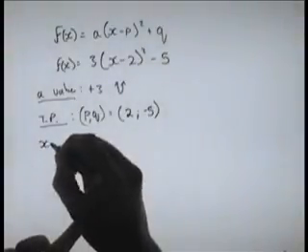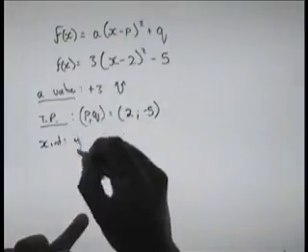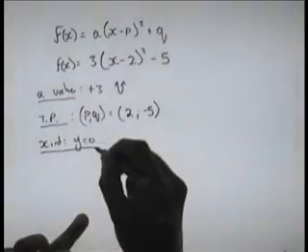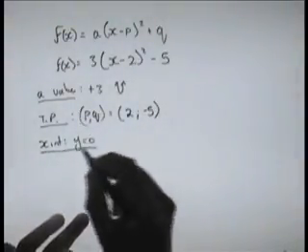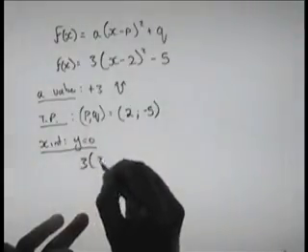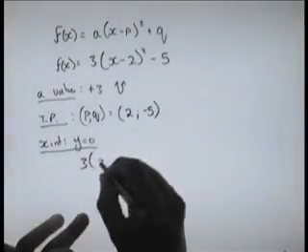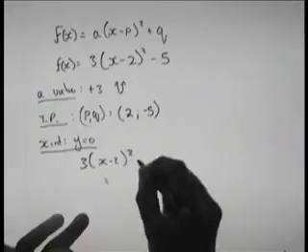Step 3, I look at my x-intercepts, and that happens when y is equal to 0, or when f(x) is equal to 0. That means that 3 multiplied by (x minus 2) squared minus 5